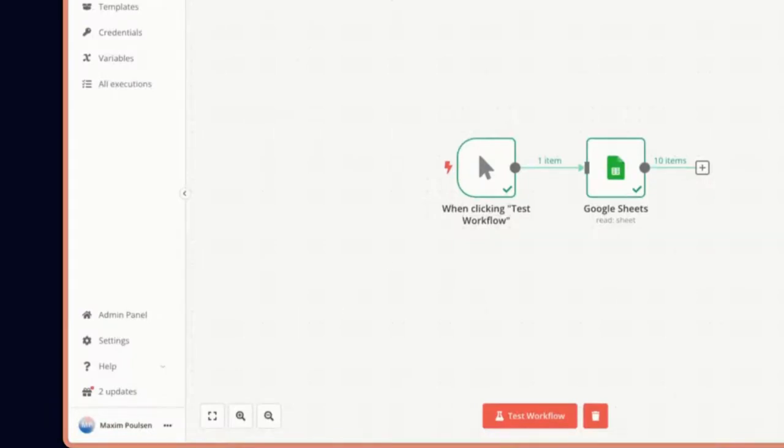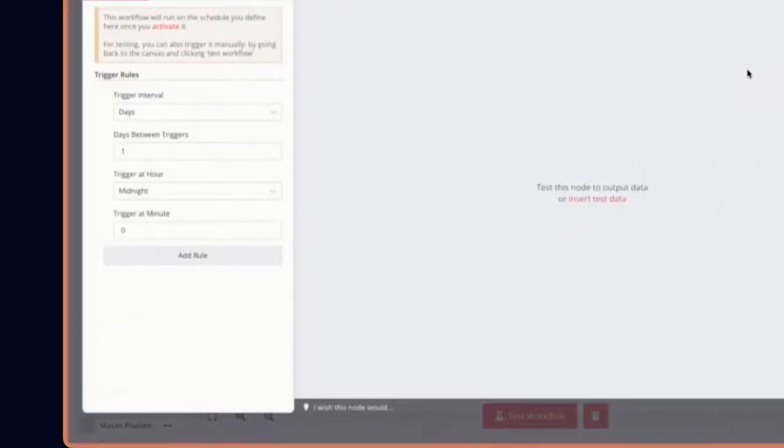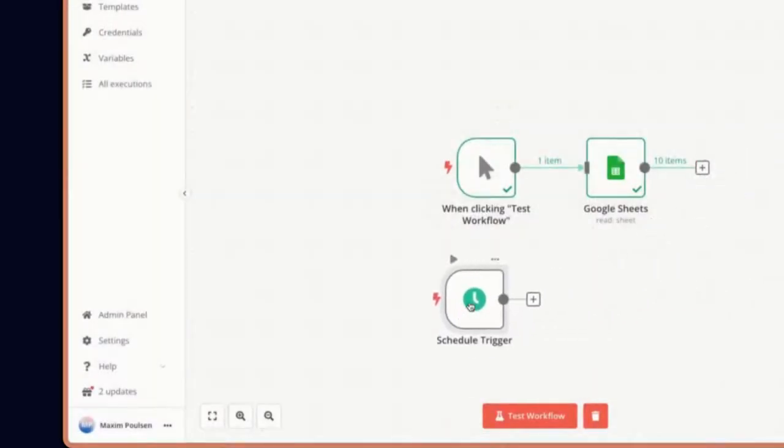So here we are back in n8n. The first thing I'd like to show you is triggers and activation. So this workflow that we started building, that we execute manually before reading some information in a Google Sheet. If we want this workflow to execute, let's say, every morning at 8 a.m., we could use the schedule trigger, and this would allow us to